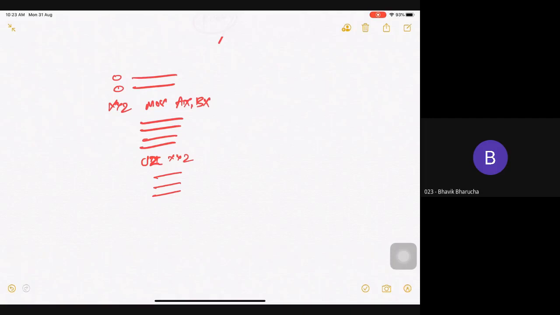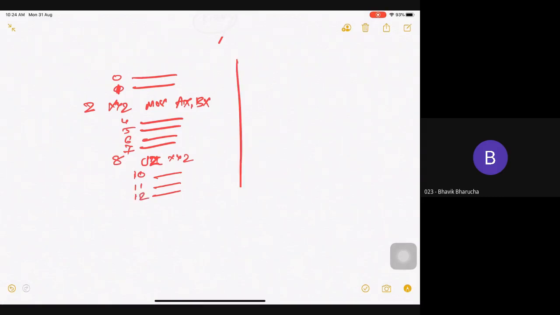Suppose this is only a 2-byte instruction, so this is 0 1, this will be on 2. This is 2 and 3. This will be the instruction on 4 5 6 7. This will be on 8. Suppose this is again a 2-byte instruction, that will be on 10, 11 and 12.